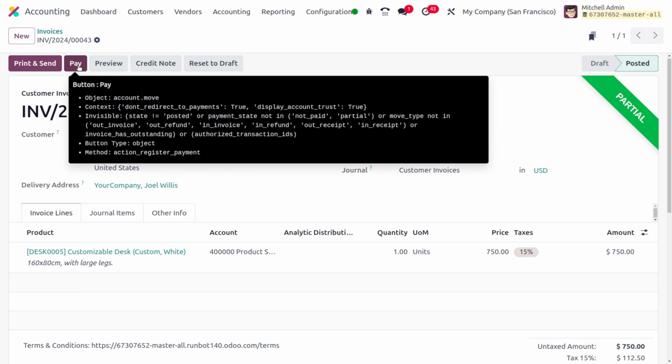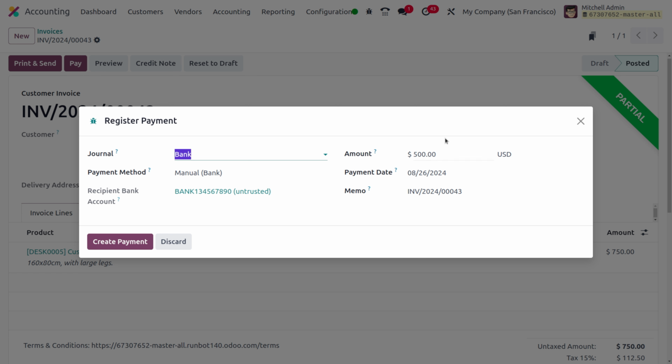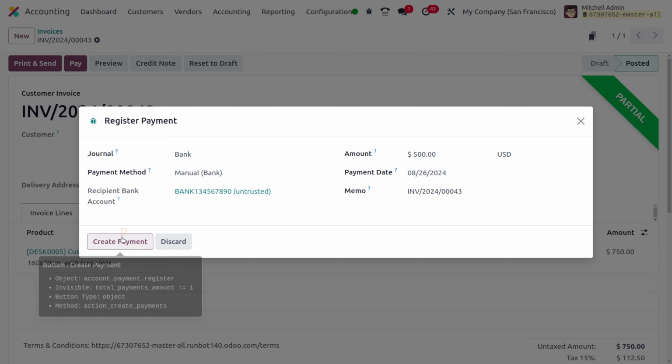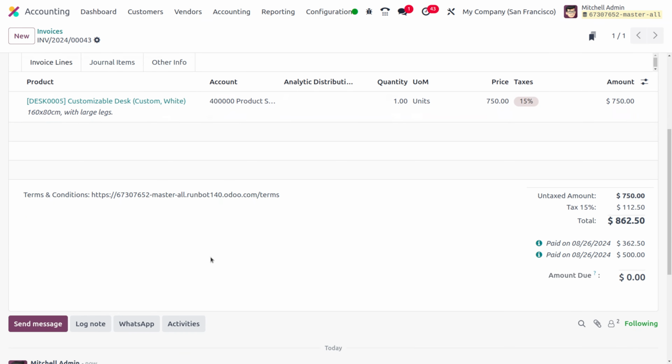Now we can make the payment. As we need to make the payment, we can click on the pay button, and here you can see now the user only needs to make a payment of $500, and you can click on create payment, and here you can see currently it's in its payment state, and after reconciliation the payment will be moving to